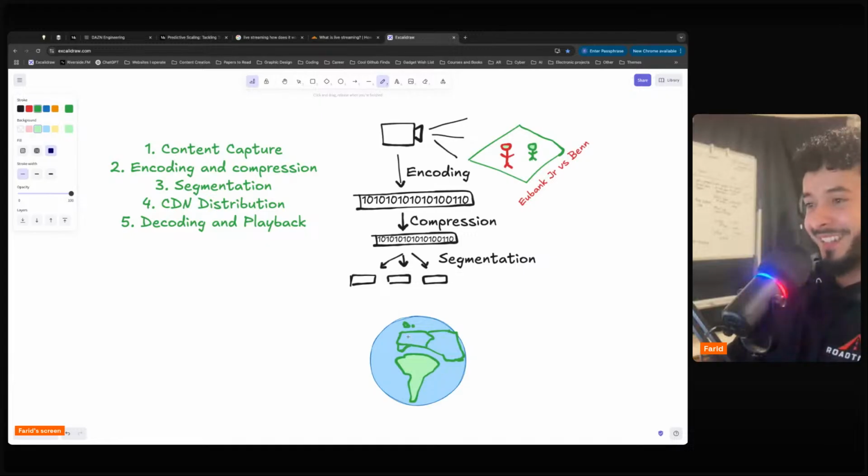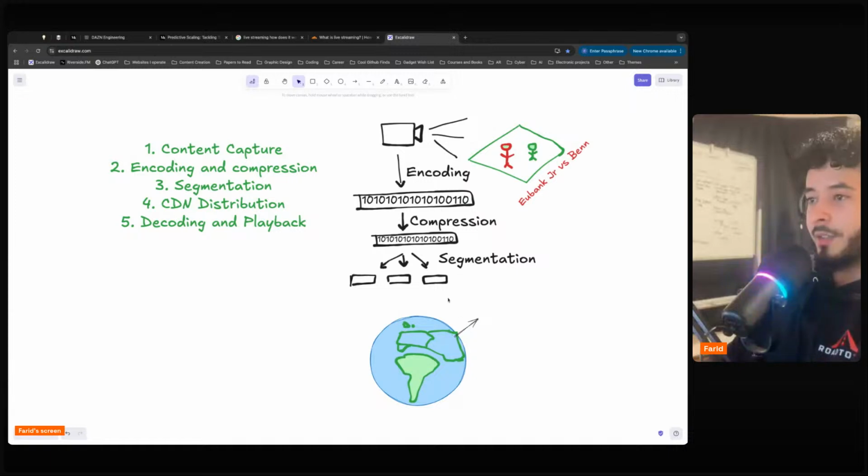This is Earth right here. And there are CDNs around the world. So this is CDN1. Let me change the color. Basically, the point I'm trying to make is, with CDNs, there are multiple around the world. Once we have the segmented binary that we are going to distribute, we want to send it to all the CDNs around the world.